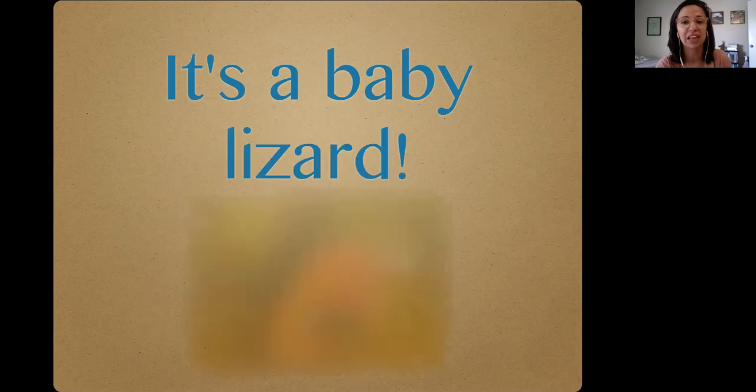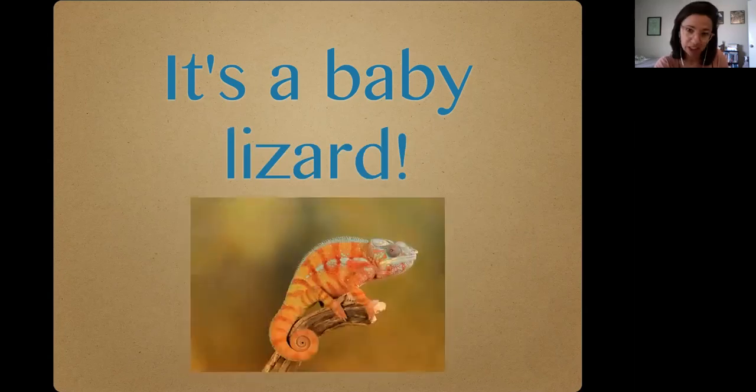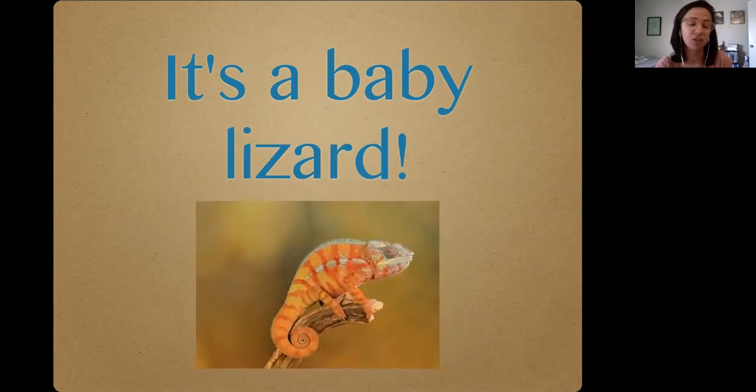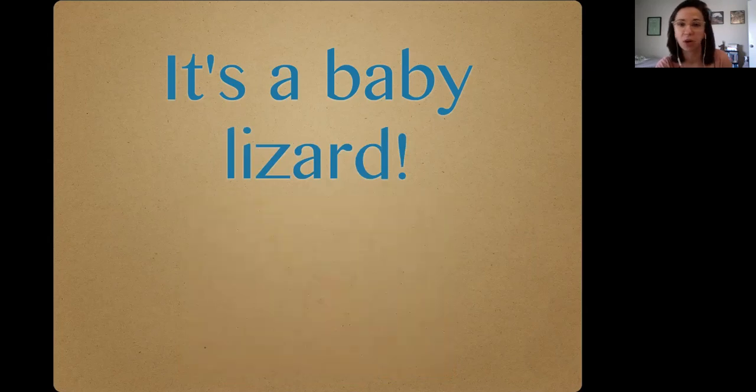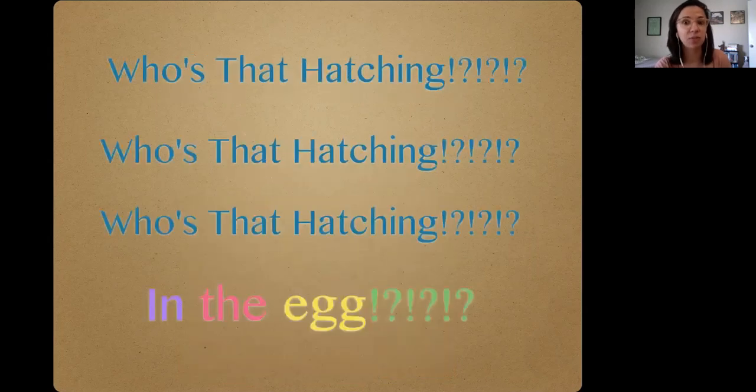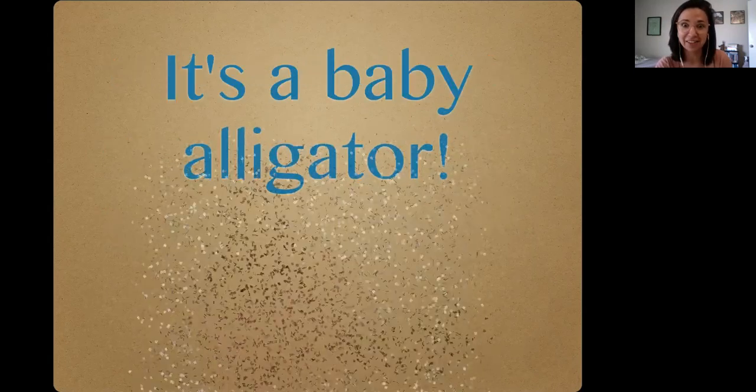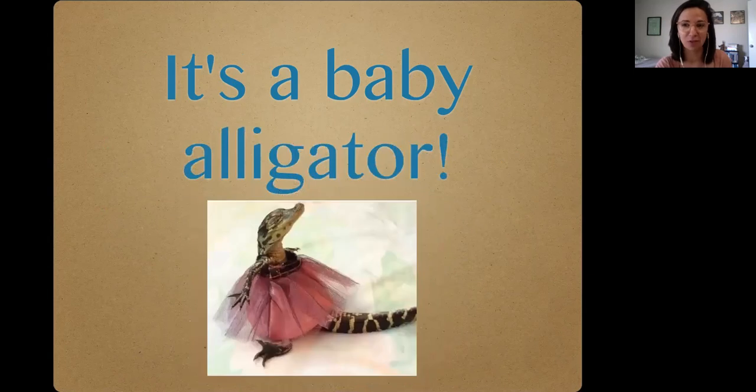We're getting so much less visual stimulation than we normally do, which for some of our kids can be really great. Some kids have different sensory processing disorders. And for some kids, it can actually be the other end. They need a lot more sensory stimulation. So things like this are really exciting. This one's my favorite, an alligator in a little ballerina costume. We get lots of laughs for this one.